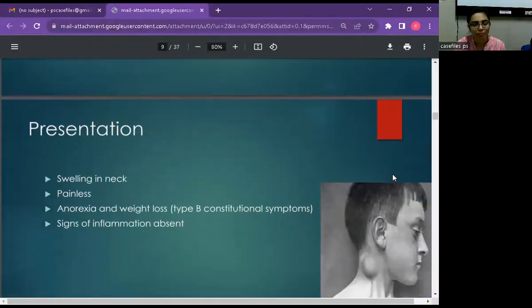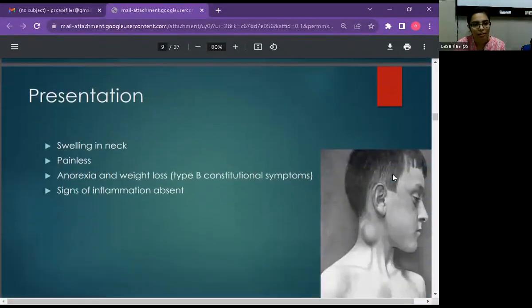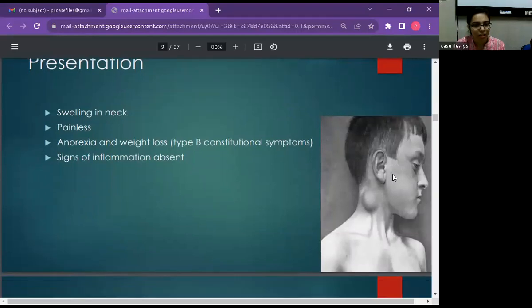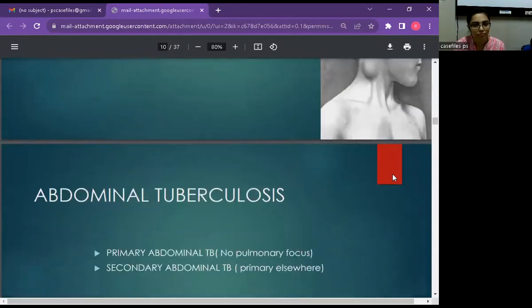It mostly presents as a painless swelling in the neck, with the basic symptoms of tuberculosis, type B constitutional symptoms, which are anorexia, weight loss, and night sweats. On examination, there are no signs of inflammation, that's why it is known as cold abscess. Second is